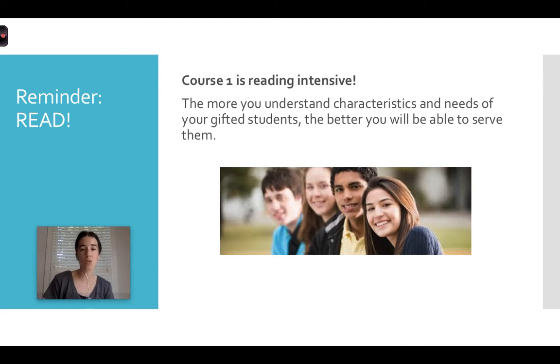But what I am going to try and do is challenge you, help facilitate you, or be a resource for you to help you find ways to serve those students in your classroom. But again, there really is no magic thing that we can just do to serve them, or at least it's not going to come from me. So I don't have all the answers, but I'm here to help you, to guide you, and to give some insight into the child, and then you can apply some of that insight to how you're going to adapt your content material. But please make sure you read, take notes if you need to, bookmark things.